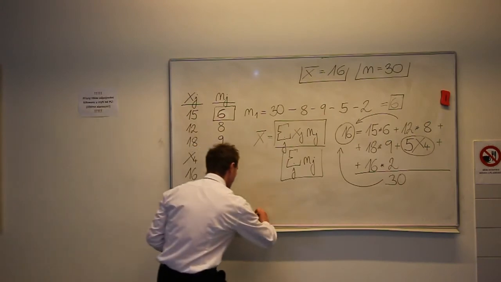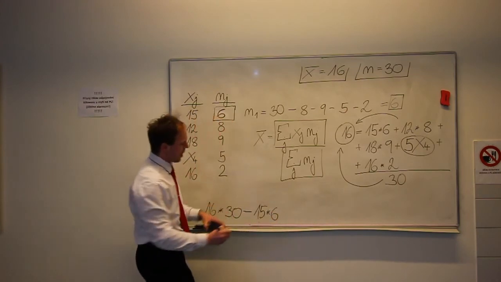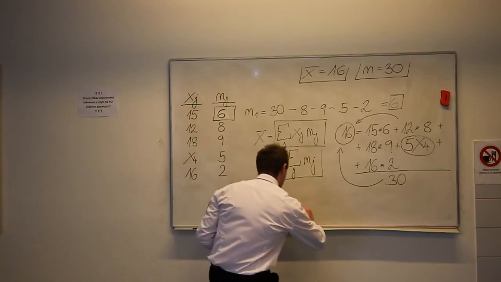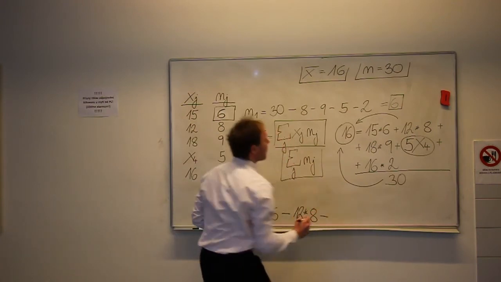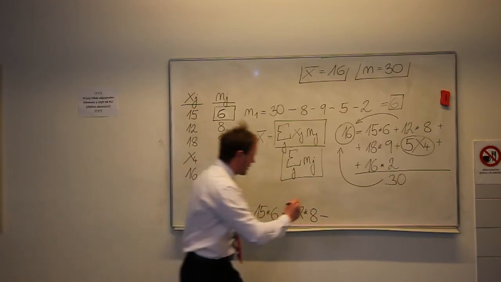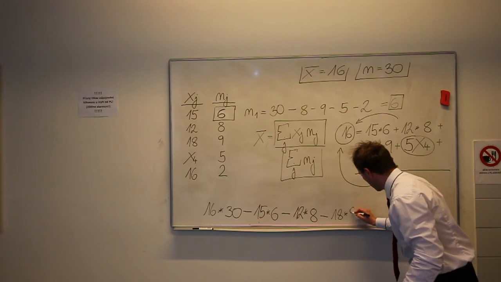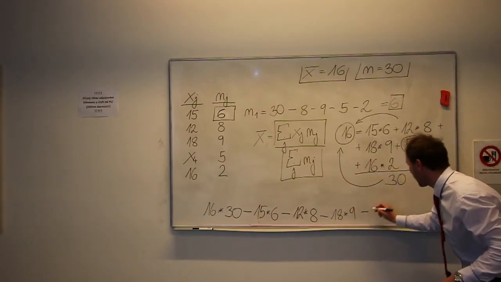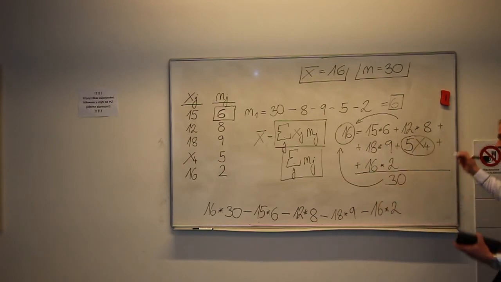So 15 times 6 minus 12 times 8 minus 18 times 9. I will leave this here, and finally minus 16 times 2. And this will be equal to